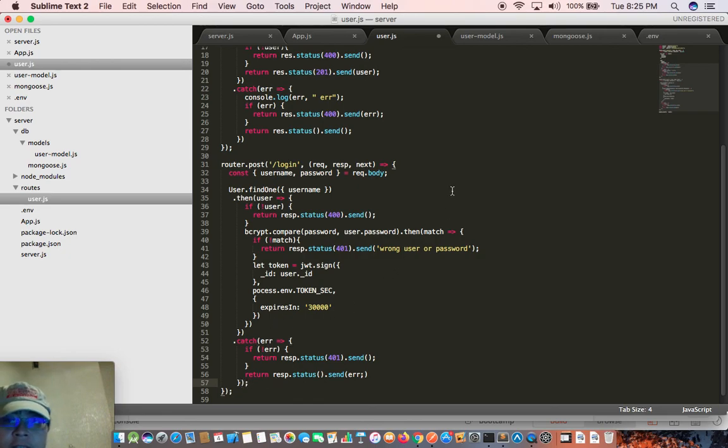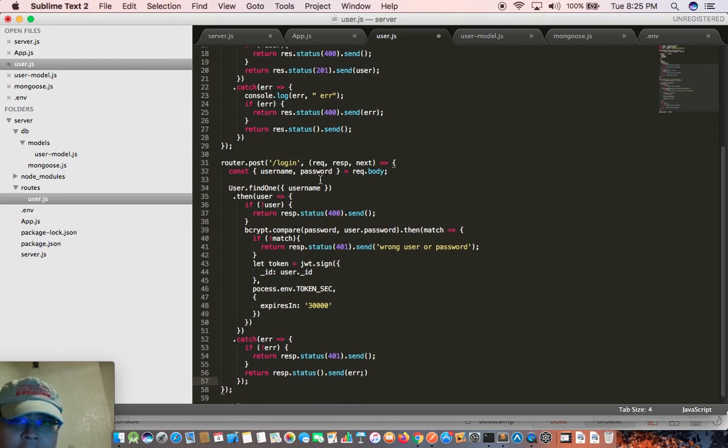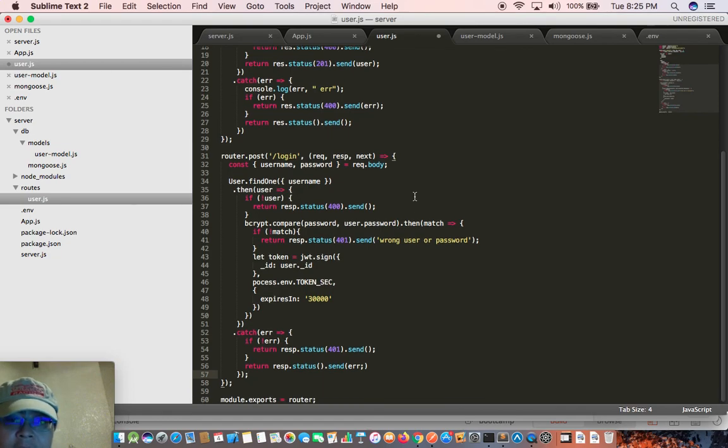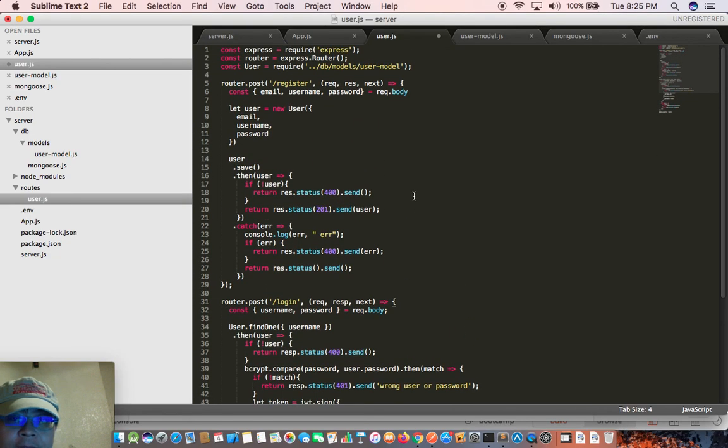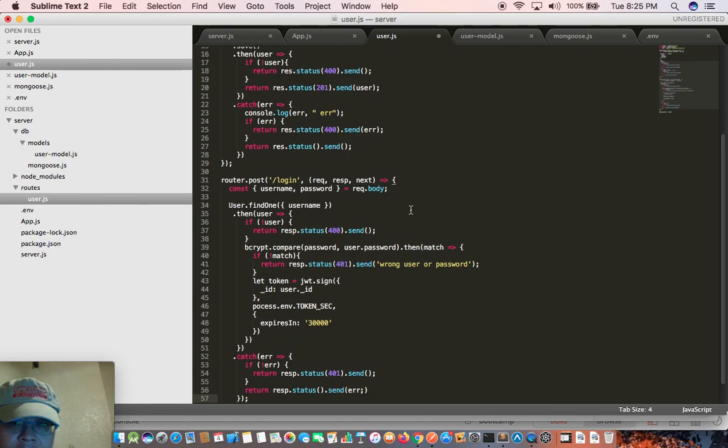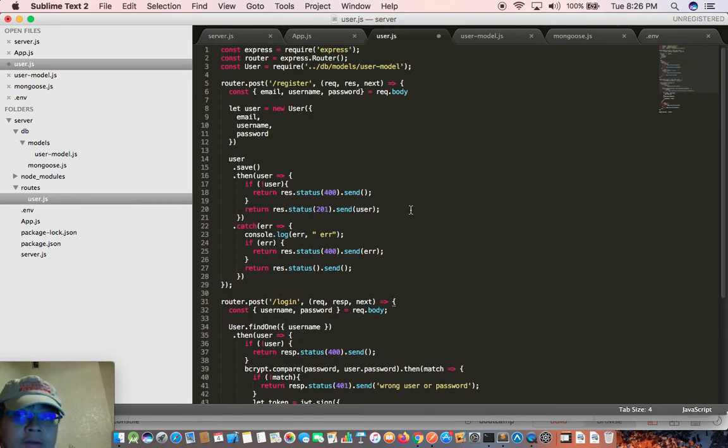Okay, so this is pretty much our login block of the user route. So I believe this is pretty much the code, but